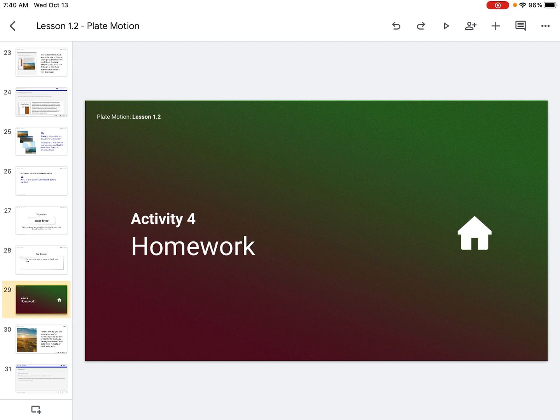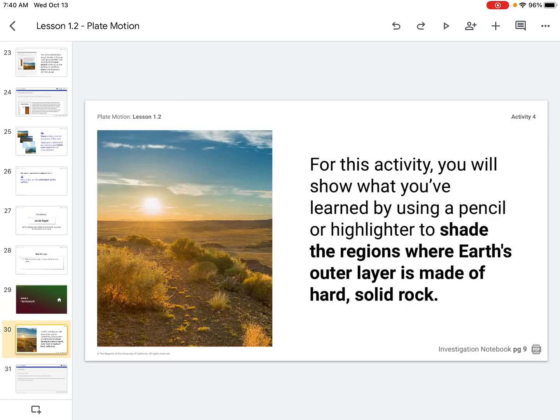Okay, so I am going to ask the kids to do the homework today. So go to lesson 2, activity 4. And it says for this activity, you'll show what you've been learning by using a pencil or highlighter to shade the regions where Earth's outer layer is made of hard, solid rock. You have this map, and really all I want you to do is shade it where it is hard, solid rock. And that's it. Go ahead and hand that in,